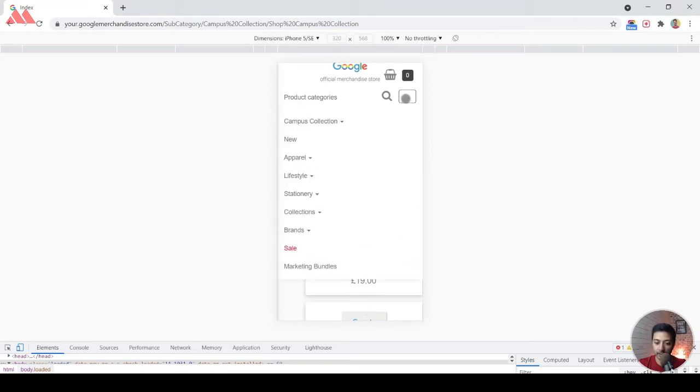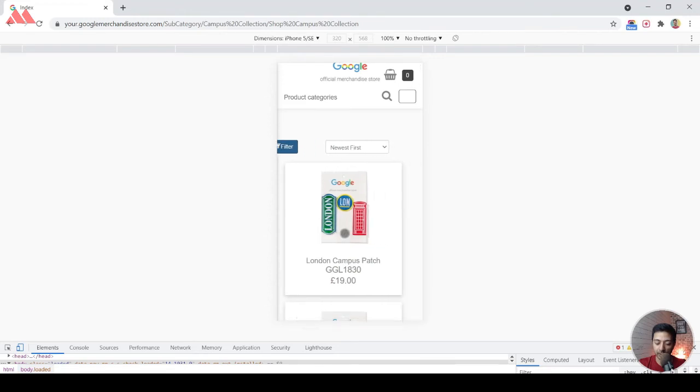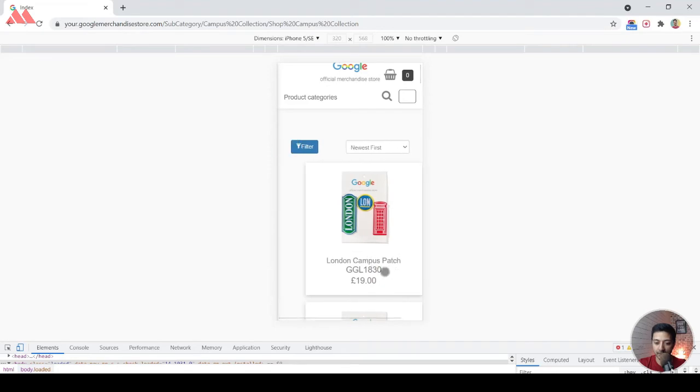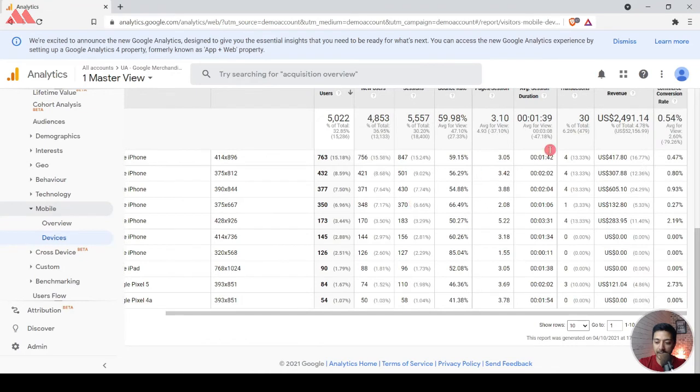And also I think this hamburger icon is not showing pretty well. So if we go ahead and check the filter option, I think when I click on it, it's not working. So maybe that could be the reason that it's not showing good results on this screen resolution. Along with that, there is not a good UI. As you can see, there is a scroll bar at the bottom, which is not perfectly making it a good responsive design.